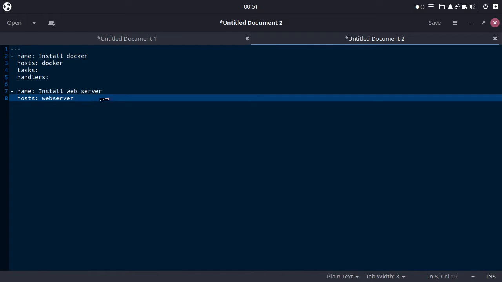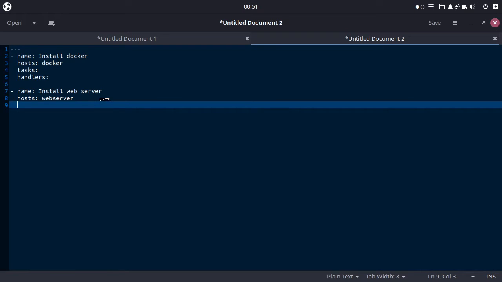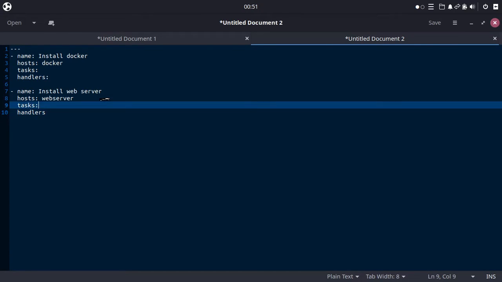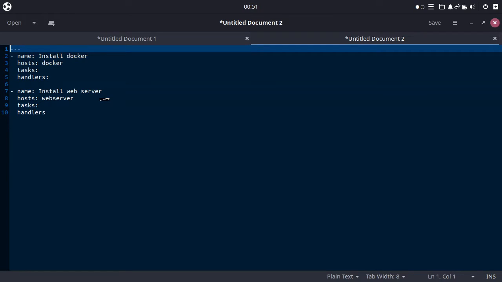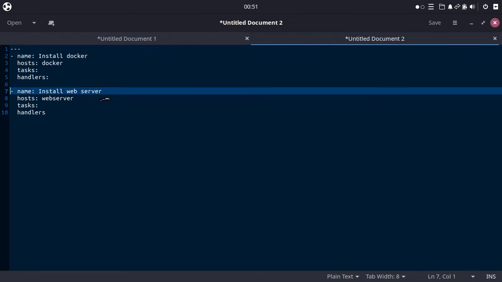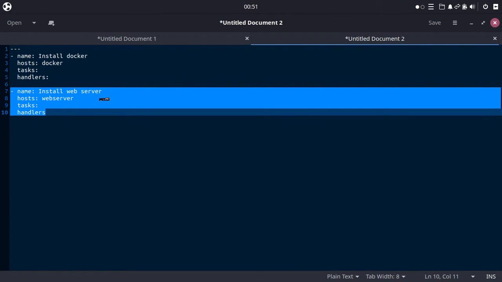Again, the hosts is the group that we already set up in our inventory, and then tasks, and then handlers. Okay, so in this playbook file we have two plays. One is install Docker, play 1, and play 2 is install web server.